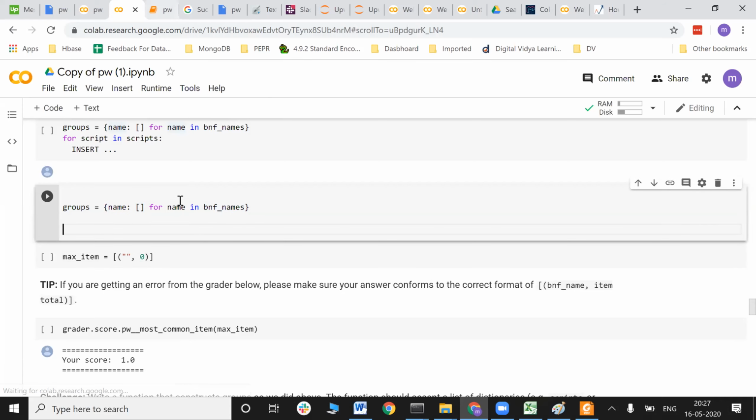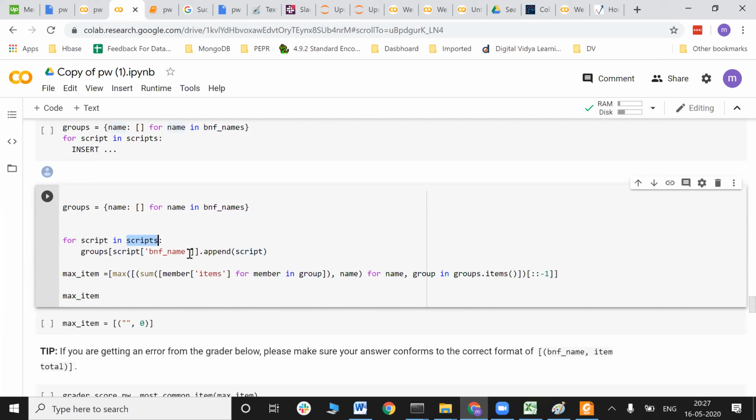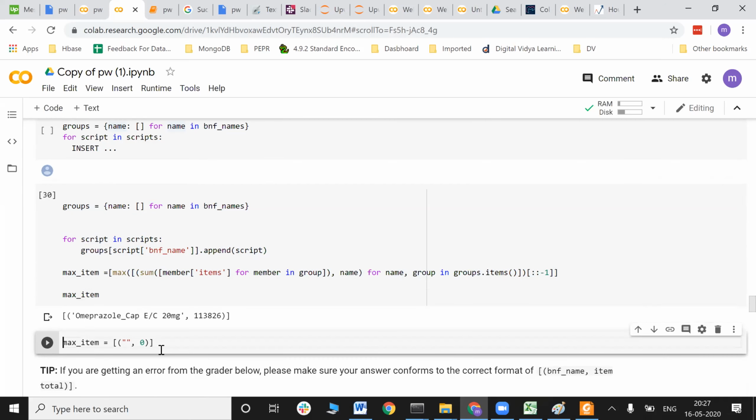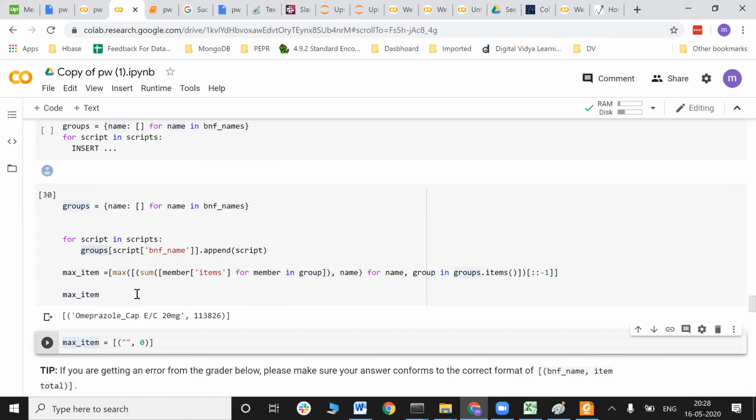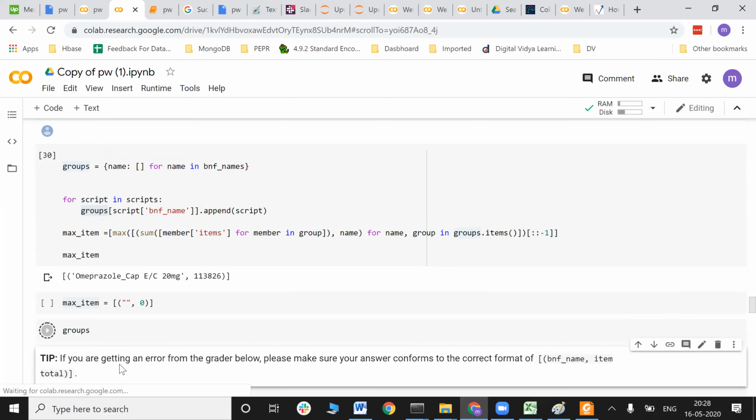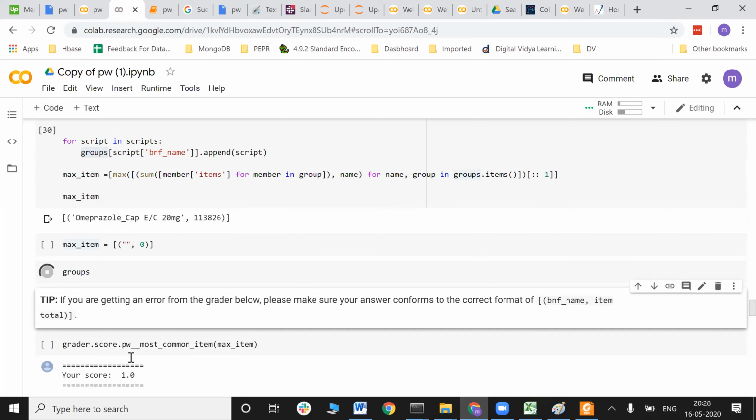Now what we are doing here, we are going through every single value of it. So we are again doing a for loop, appending with all the scripts and searching groups. So groups, getting it appended here, max of sum for this group items and getting you this. So what is it doing? Let me check. So max items are here. Now if I just check the groups, let me check whether the values are there or not.